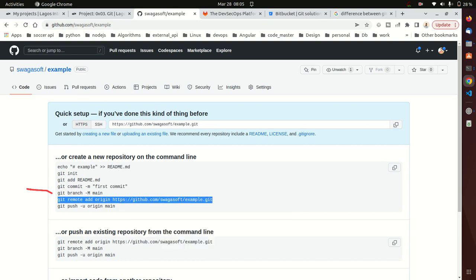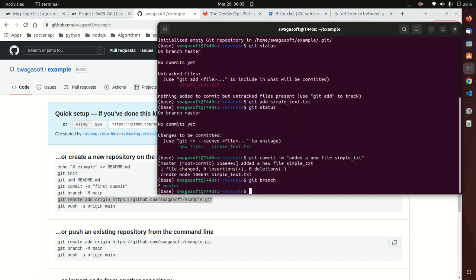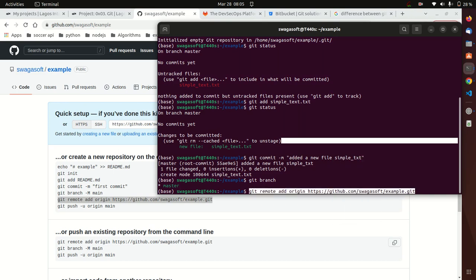If you look at the address, it's saying http://github, my username and the repo. So I'm going to copy this and paste it on my terminal. This command is to set the remote origin. So if I press enter,